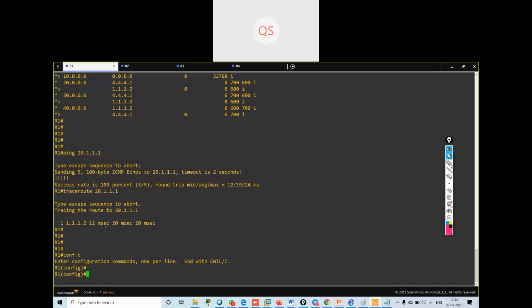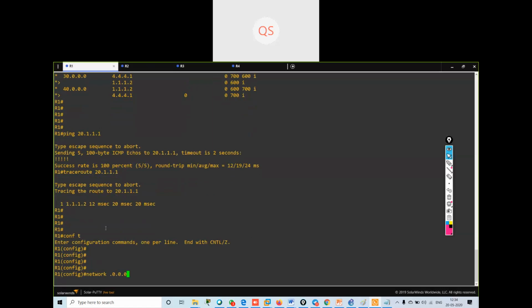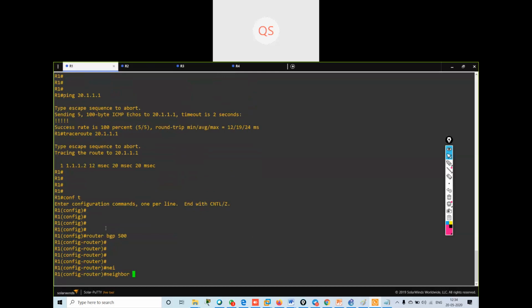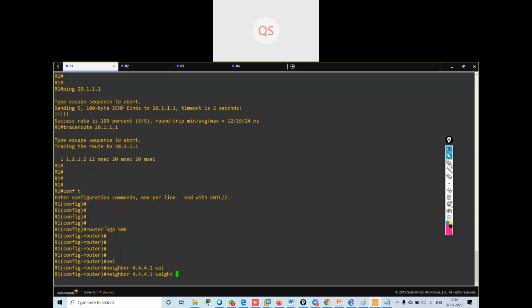What I will do is go into router BGP 500 and say neighbor 4.4.4.1, and use the command weight. I will give the value 40,000.